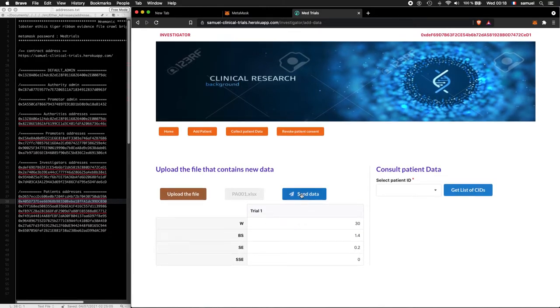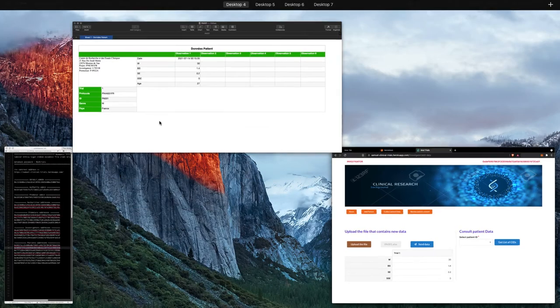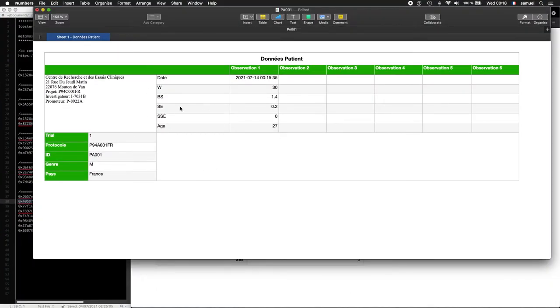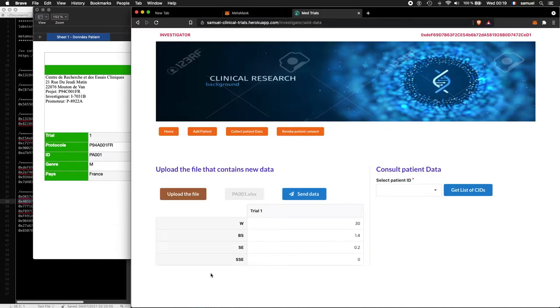Now we click on Send Data. By clicking on Send Data, we send this file on IPFS. We need to store this file on IPFS, and the CID that IPFS returns will be sent to the smart contract.